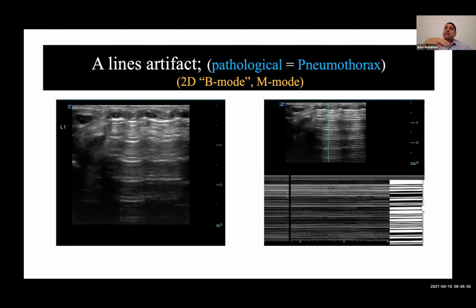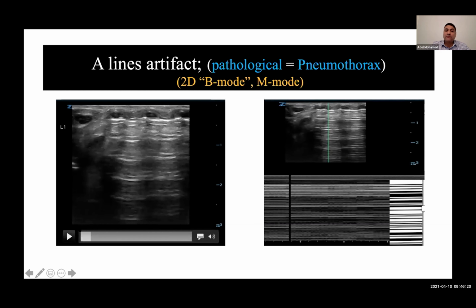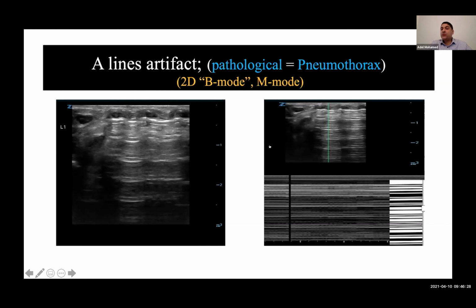So what you will see is only the parietal pleura, which will still be echogenic, because the air now becomes 100% air. A normal lung is not 100%, might be 90% air, 10% tissue, but in pneumothorax it is 100% air. So all the waves will be reflected back. Besides the sign of no sliding, there will be tons of repetition of the A lines. You need to do another test to confirm that this is pneumothorax and no sliding, which is using